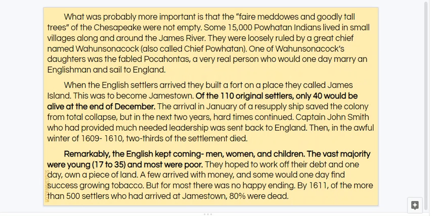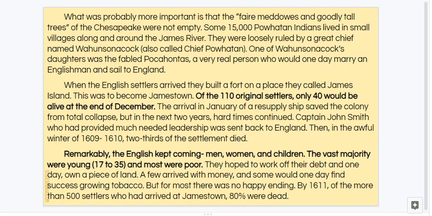What was probably more important is that the fair meadows and goodly tall trees of the Chesapeake were not empty. Some 15,000 Powhatan Indians lived in the small villages along and around the river. They were loosely ruled by a great chief named Wahunsanakak, also called Chief Powhatan. One of Wahunsanakak's daughters was the fabled Pocahontas, a very real person who would one day marry an Englishman and sail to